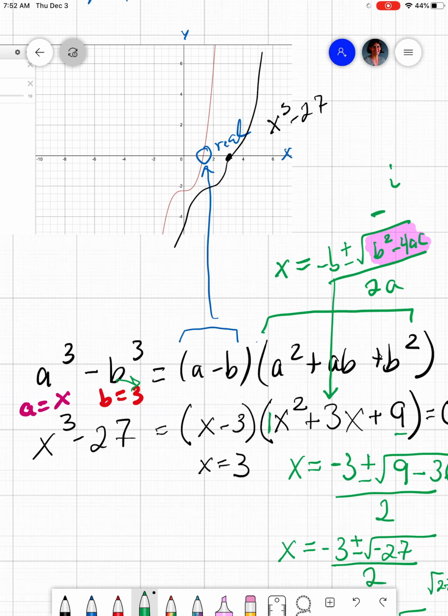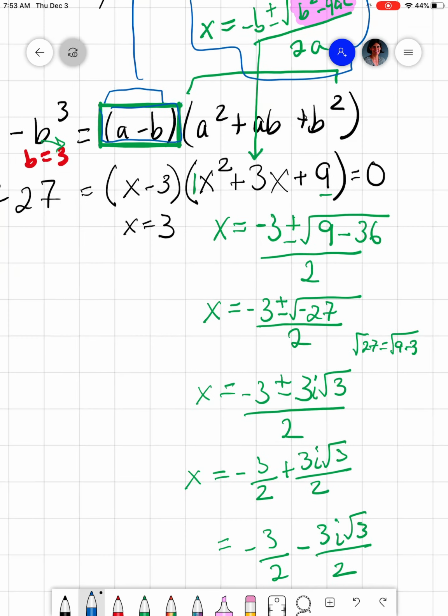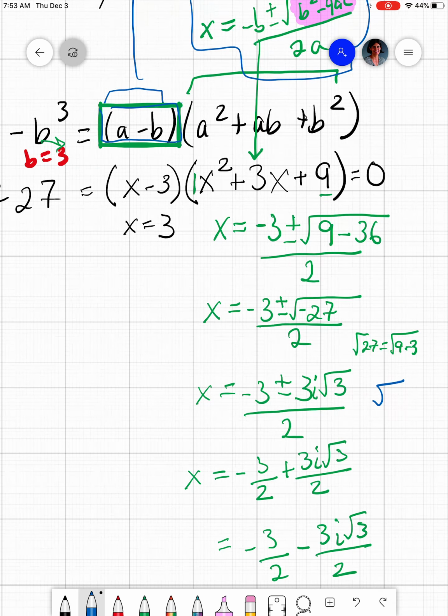So let's review a little bit. Whenever I have some value cubed, plus or minus some value, I'm always going to get one real zero. This part of the formula is showing us that real zero. The second part of the formula is going to help us find the non-real zeros, and we have to use the quadratic formula to do that. When we use the quadratic formula, we have to remember that the square root of negative 1 equals i. And we have to remember how we can simplify